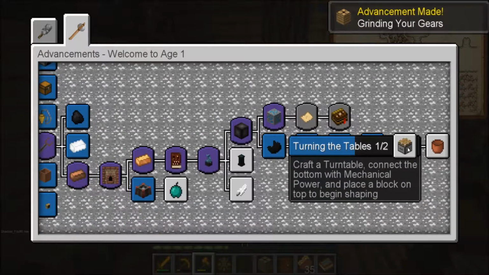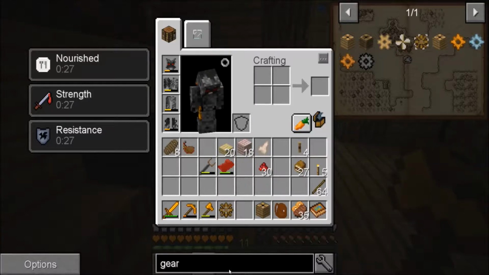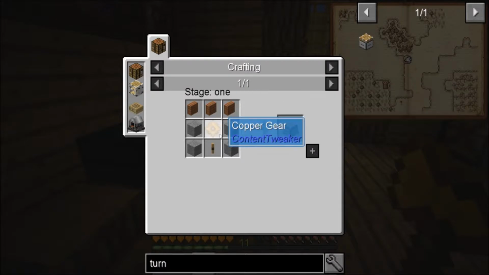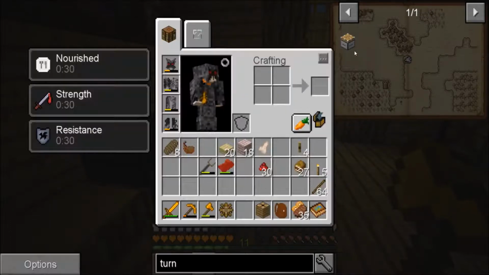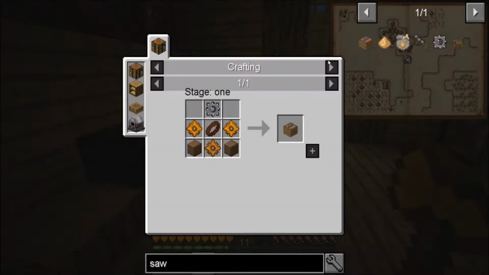And then we've got turning tables. Craft a turntable, connect the bottom with mechanical power and place a block on top to begin shaping. So let's have a look and see what we need for the turntable. So that is another copper gear, some stone, axle and plank siding. Okay, so that needs a saw. So that must not have its own advancement. Oh wow, so we need